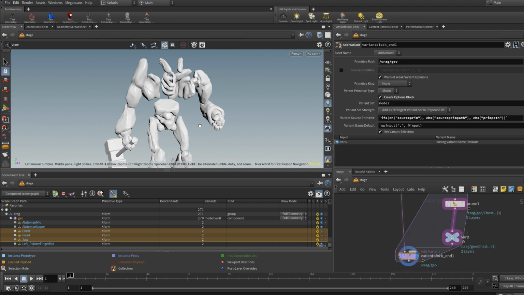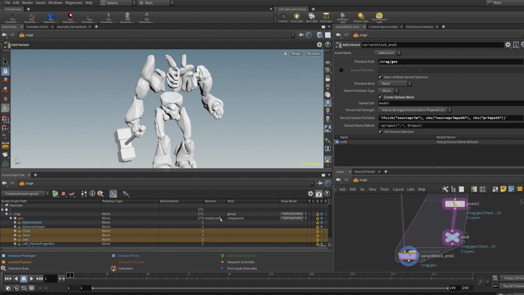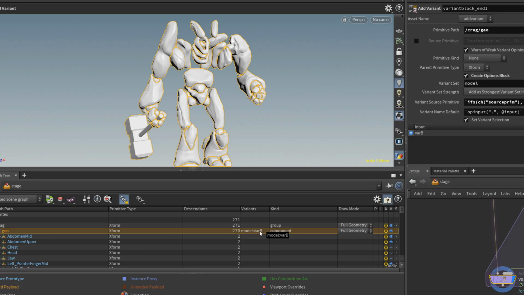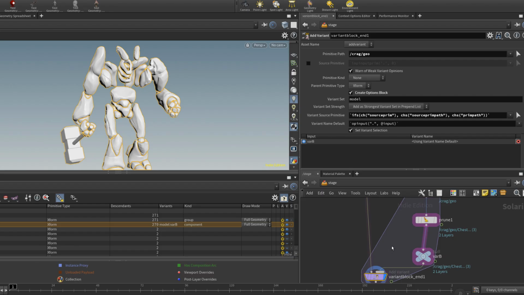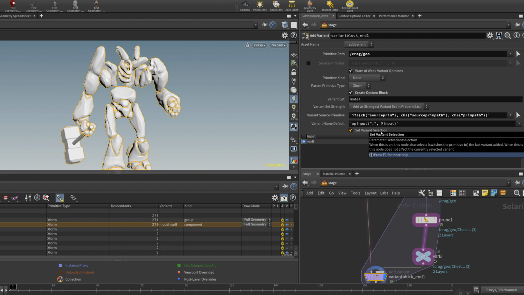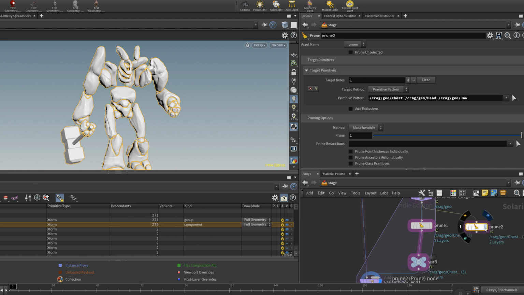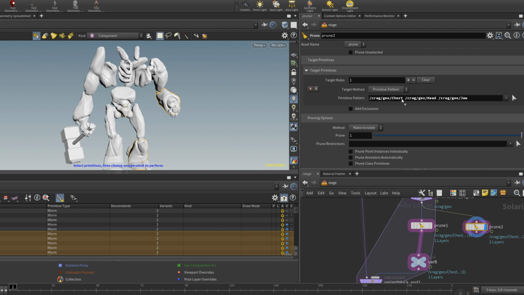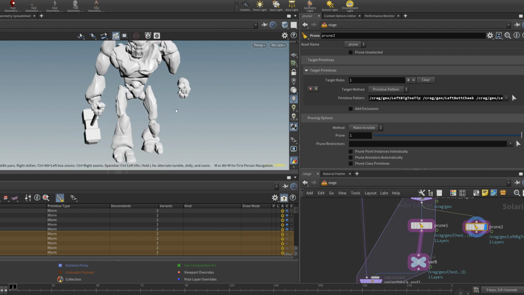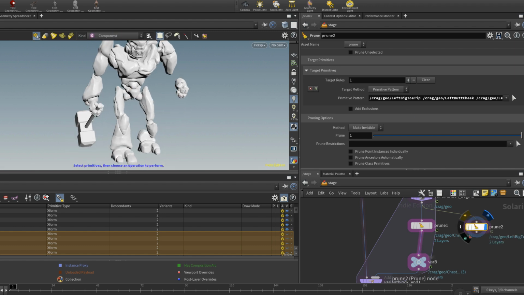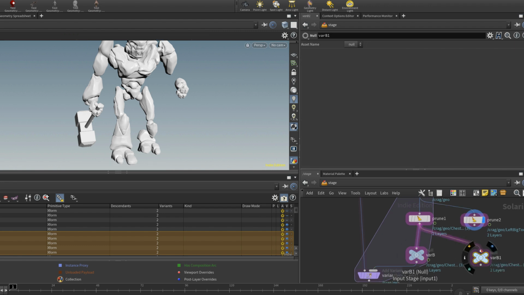Well, what's happening in here? We have this varb defined in the variants. Now, the thing is, we have this set variant selection, which is enabled, which will just set the current state to the variant we created. And there can be many of those. We could totally decide to create several. Let's say, I don't know, getting rid of these pieces. So that would be another variant, for example.